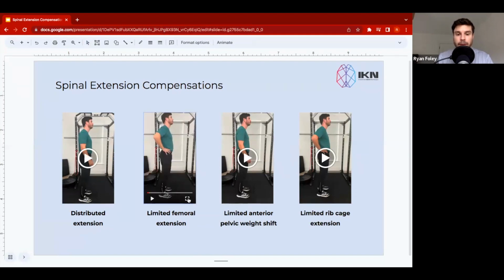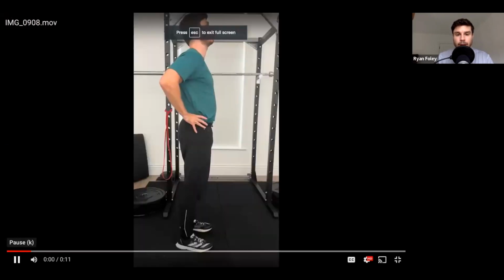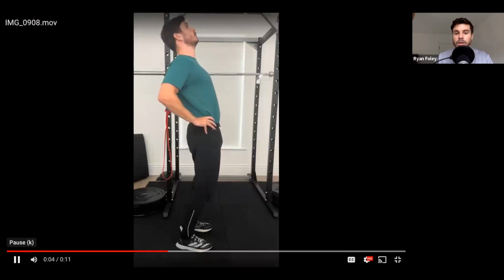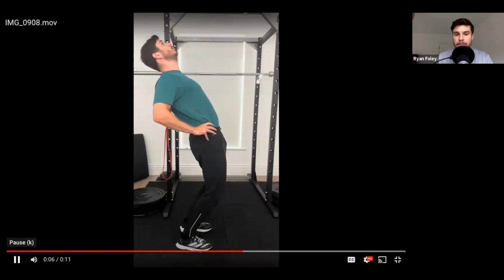So you might see something like this. You ask them to give themselves a nice big proud chest. You ask them to drive the hips forward, but what you see is this bending of the knee. So in this scenario, you're not really seeing any kind of relative extension of the femur relative to the pelvis. When people think of femoral extension, they think of the femur extending relative to an extended or posteriorly tilted pelvis,